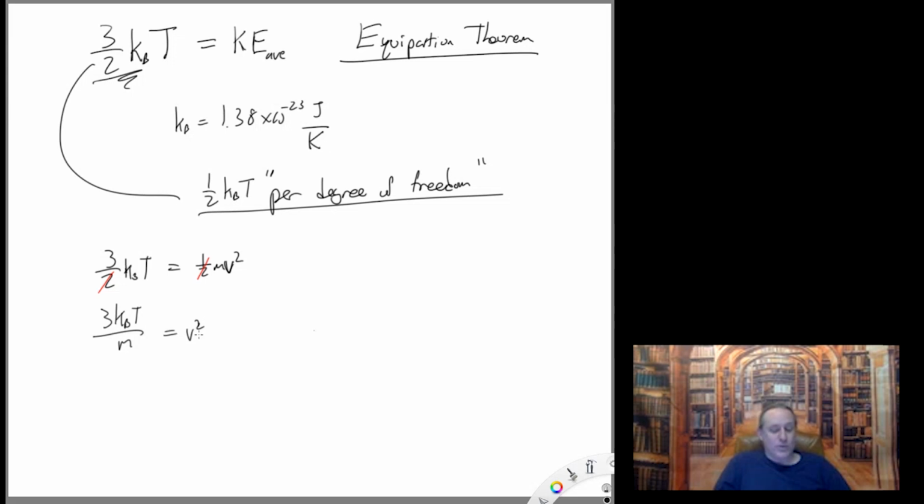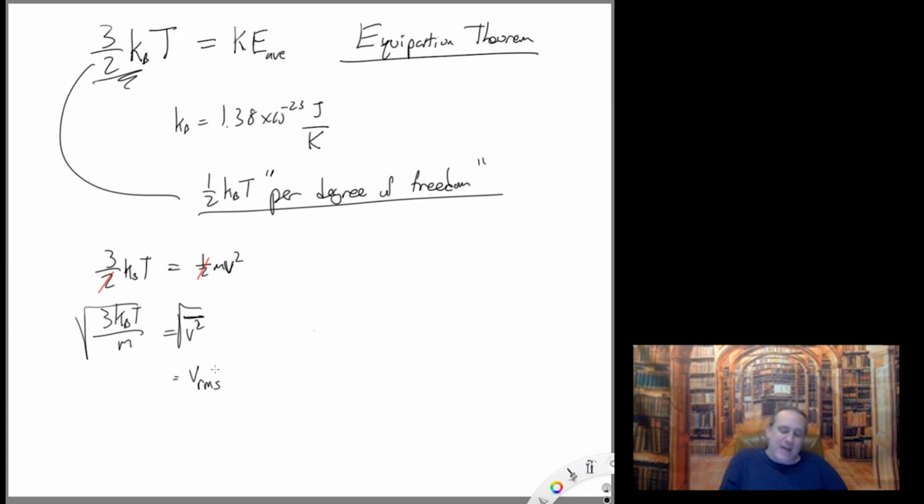So if we do the real calculation, we wind up squaring the velocity and then finding the average of the square. Are you guys familiar with a bar over something to indicate an average? Have you seen that in math class? So this would indicate the average of the squares of the velocities. And if we take the square root of the average of the square of the velocity, we do not get the average velocity. We get something called